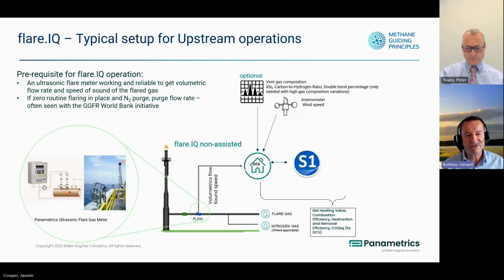And if this nitrogen purging does exist, then you need to account for it, because nitrogen has a sound speed, it has a molar weight, but it has no calorific value. So we need to make sure the algorithm is fed with the content of nitrogen being fed so that it can be compensated for. In some assets, an online analyzer exists, and if it does, then we're going to feed the data from the online analyzer into the algorithms so that we get more precise gas composition to run the